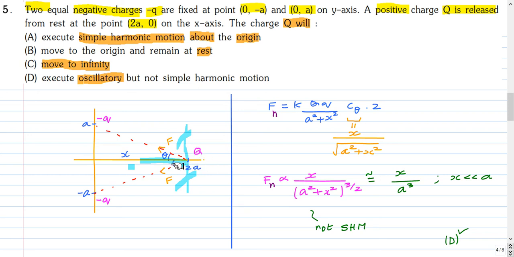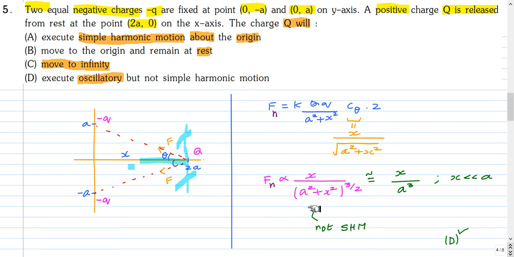So as the charge moves, only x is going to change, other things are constant. So the net force is proportional to x divided by (a square plus x square) to the power 3 by 2. As the particle approaches the origin, the x will be very, very small. So very close to the origin, this x square in the denominator can be neglected. So the force will go as x by a cube. So close to the origin, the force is linearly varying as x, and the force is towards the mean point. So close to the origin, the force is like that of an SHM,